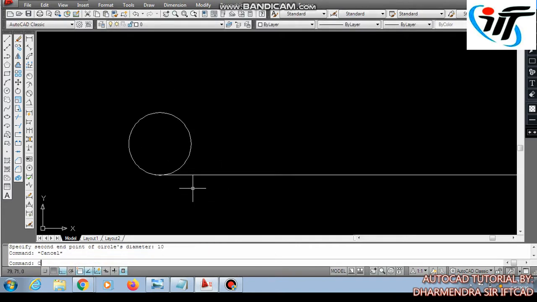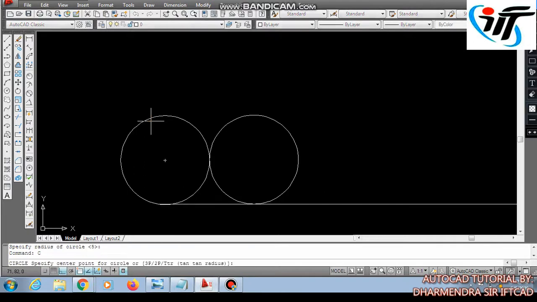Then use C, Enter, radius 10, TTR, Enter, pick the first tangent then the second tangent, press Enter, and the drawn circle will be similar to the previous one, the radius will be the same. C, Enter, TTR, Enter, pick the first reference then the second.